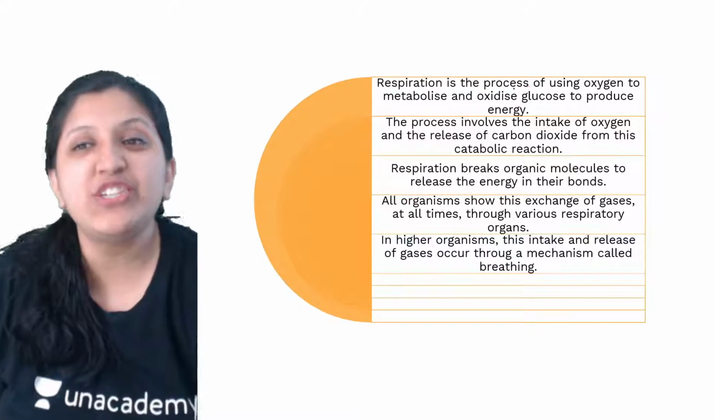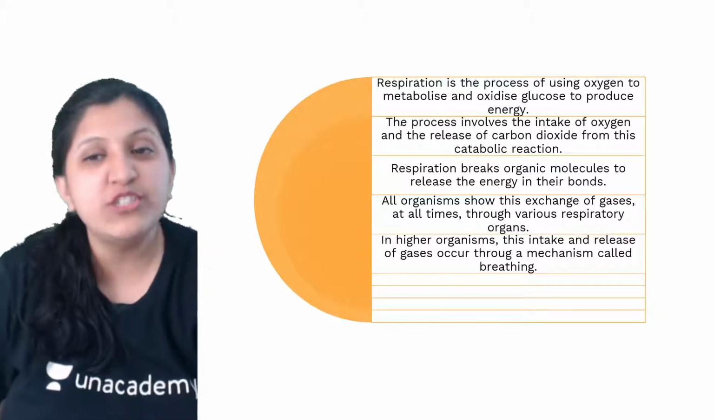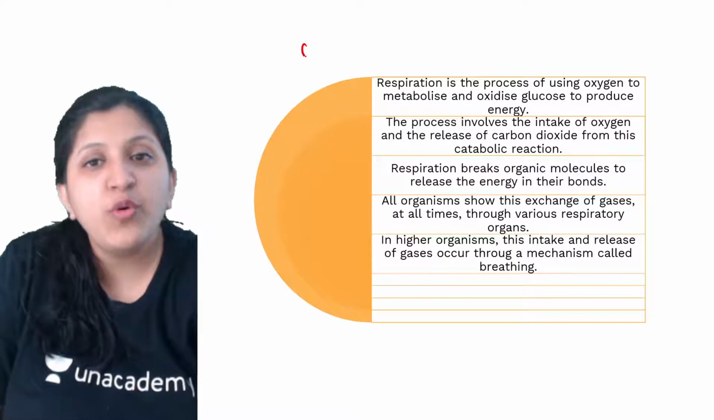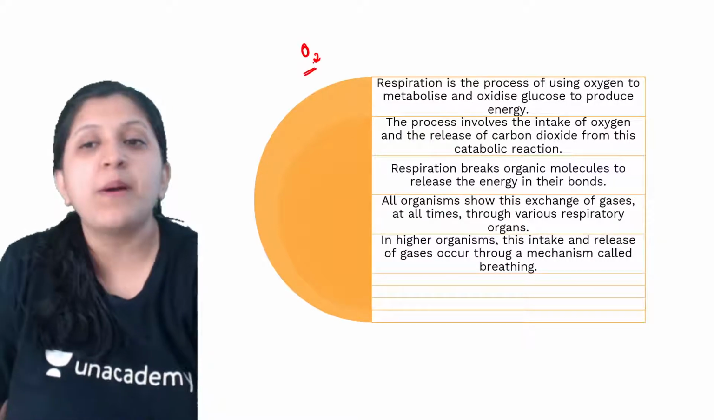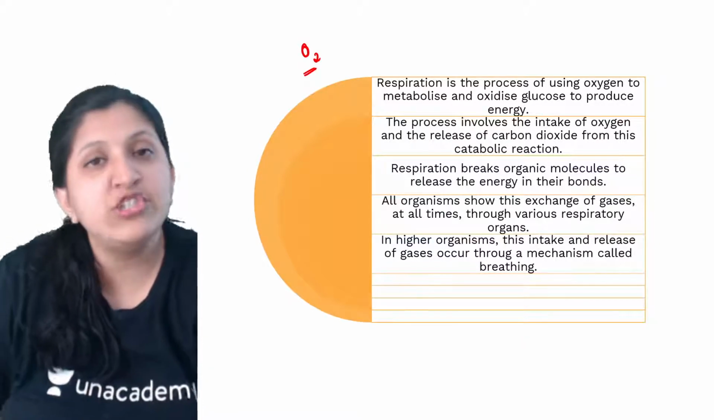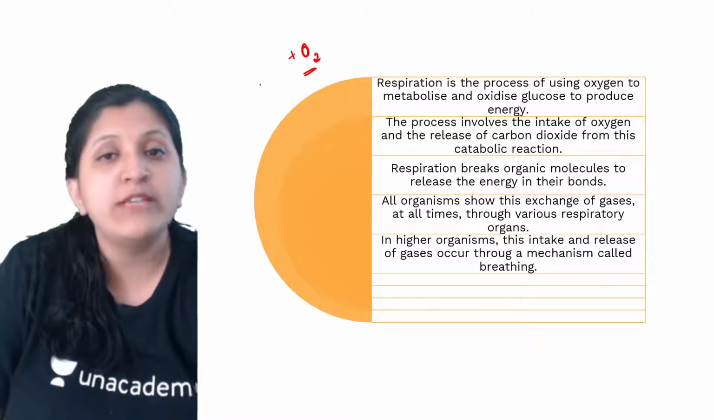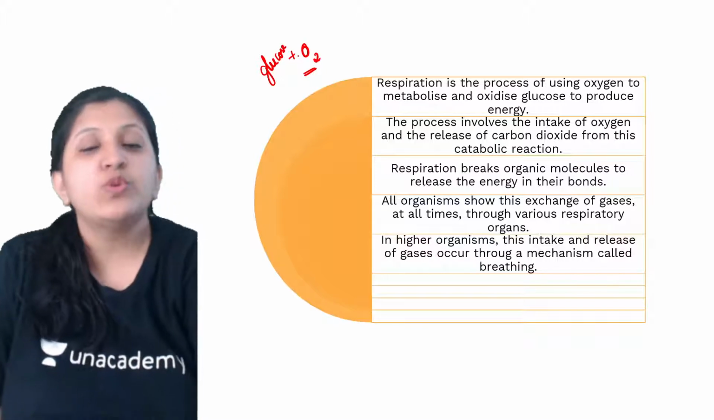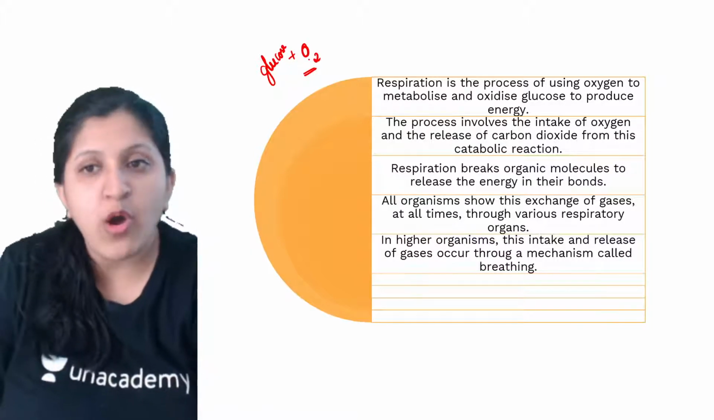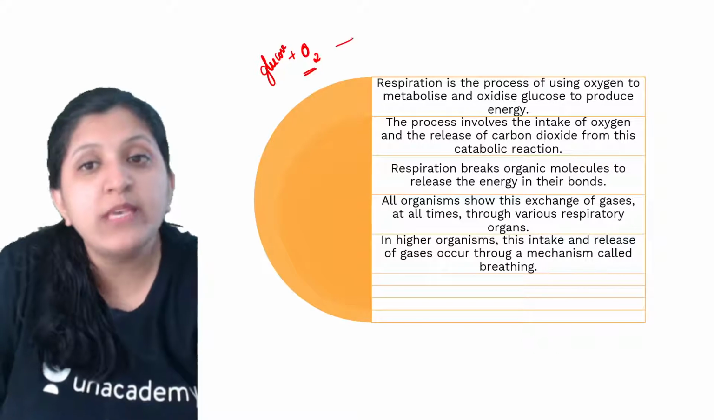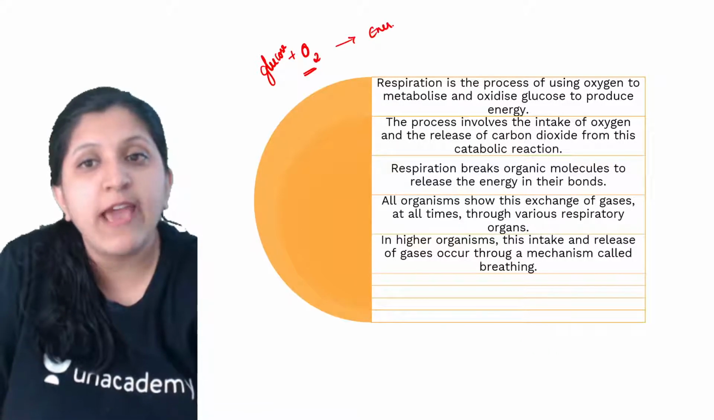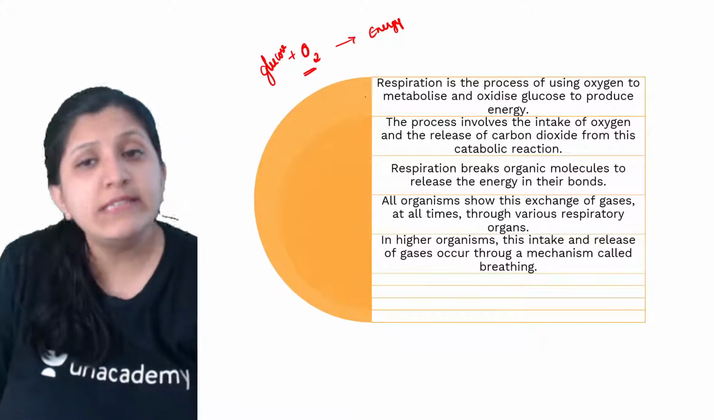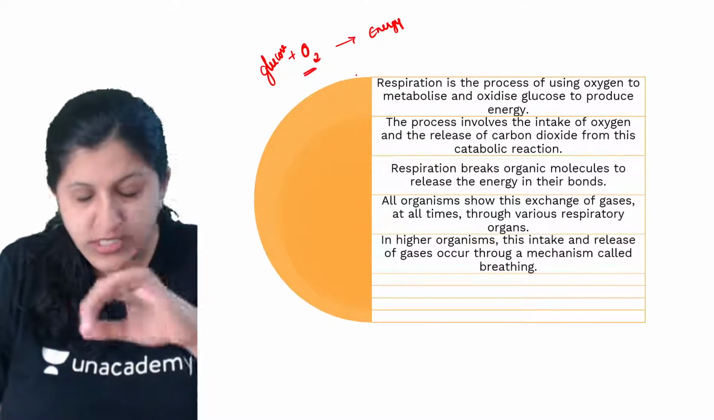So respiration is the process of using oxygen to metabolize, okay. So here in this case, the oxygen is always combining. Oxygen is required, and the glucose itself is getting oxidized, okay. So glucose will combine with the oxygen to produce energy, okay. So there is energy production which we can see. And this energy, when we are talking, it is not just the energy,